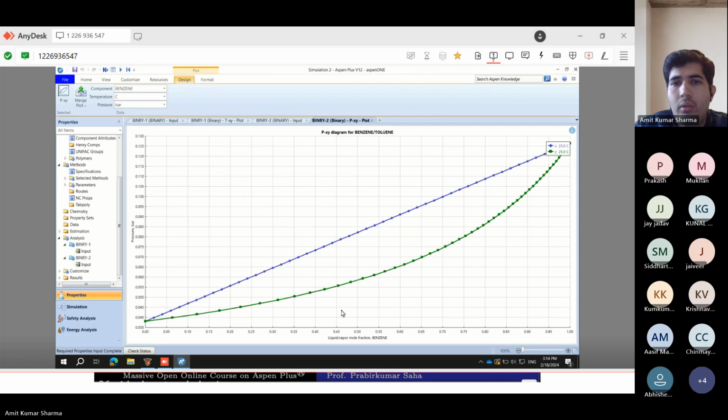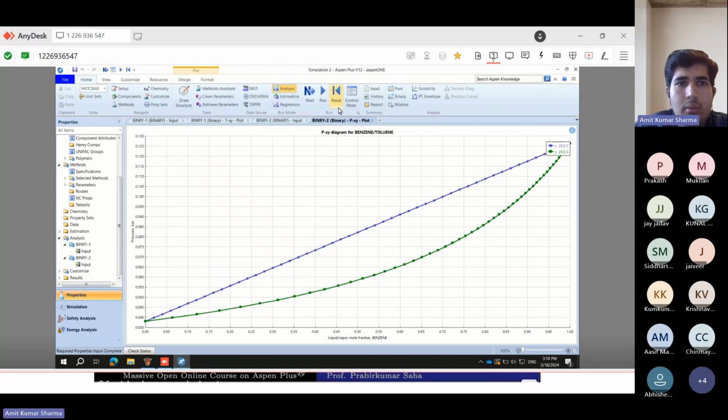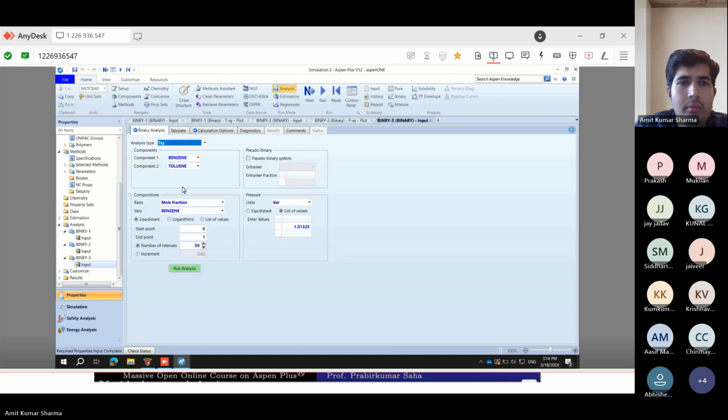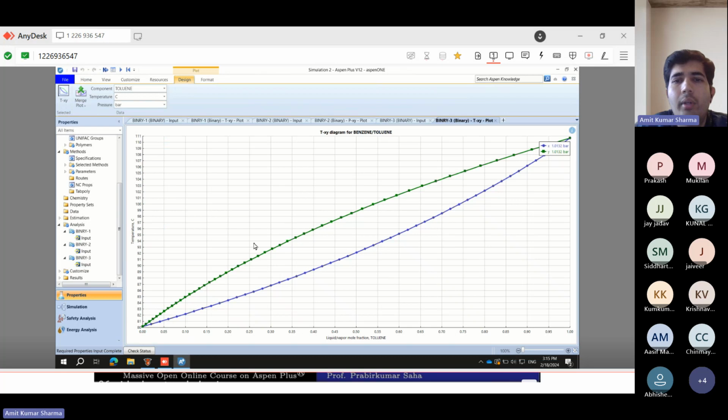Okay. So you can see the interactions. So if I again change here to the toluene, then you can see this kind of results.